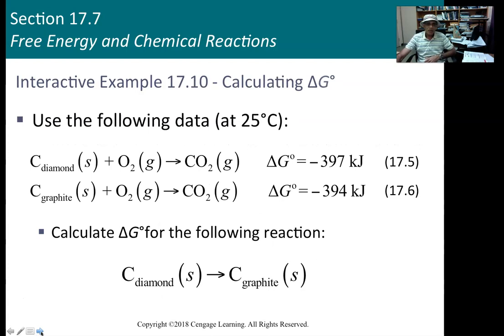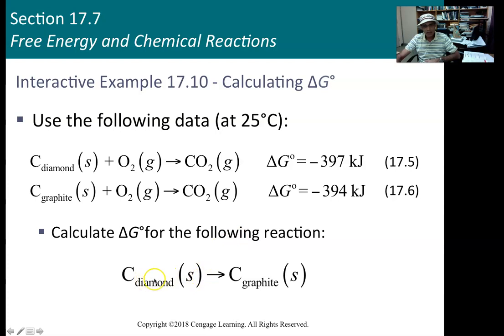Now, using free energy, we can also apply Hess's law when we are looking at 2 different chemical reactions to find the free energy for a third. In this case, you have to manipulate these 2 equations in order to give you the overall equation. So what do we do? We have to either reverse one of them or multiply by a constant in order to obtain